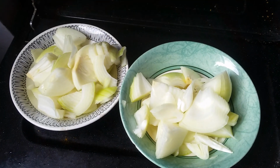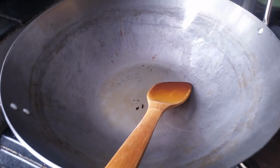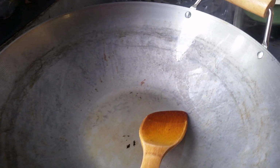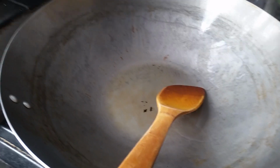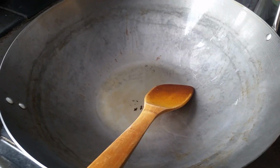I've cut up 3 medium-sized onions, sort of roughly. So we're going to obviously cook them for 5 or 10 minutes, which I can show you on the video once we get so far. Once they're softened, then I've got some